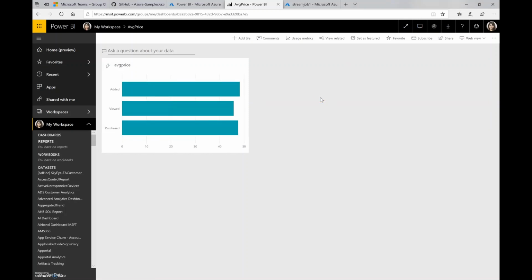This is happening because our random data generator is generating new events, and these are being inserted into our Cosmos DB collection. The change feed is then triggering our Azure Functions, which send the events to the event hub, and these events in the event hub are the input for Azure Stream Analytics, in which we then run our Stream Analytics query to calculate the average price per action, and then the output of this is finally being